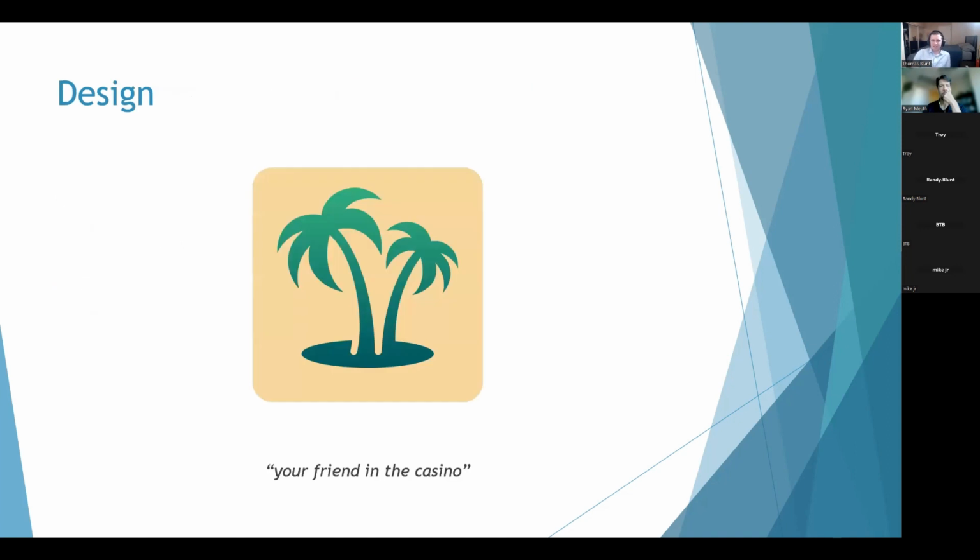Okay, onto the design. So the design for Oasis was guided by a tagline that I had even before writing any code. It was your friend in the casino. So Oasis, as the name implies, was intended to provide a resting place away from the blinding lights of a casino. And to do that, I decided on using a simple user interface without a lot of colors or moving parts that would allow people to have a calm place to relax and reflect throughout their gambling sessions. Over the course of the next few slides, I'll show you my design mockups for the main pages of the app, which eventually were implemented in the app code itself.